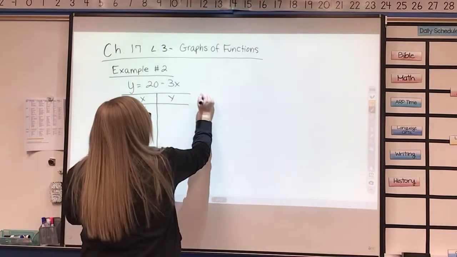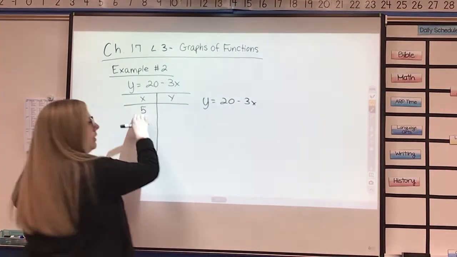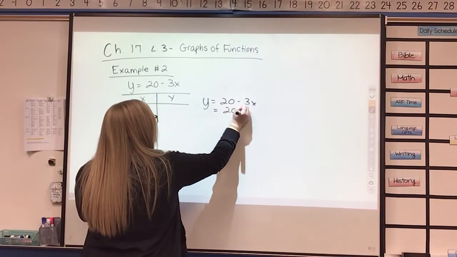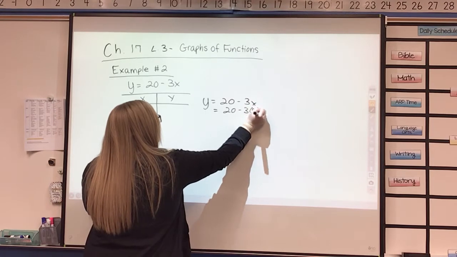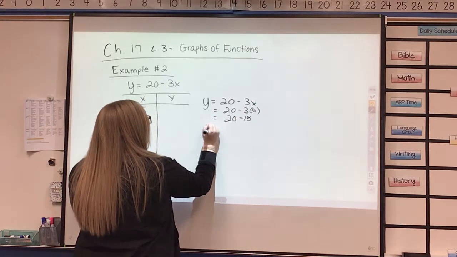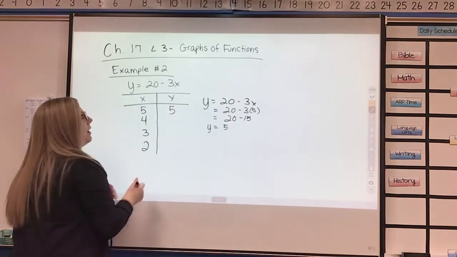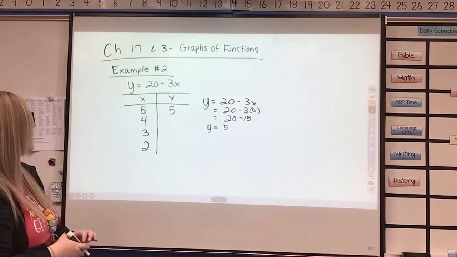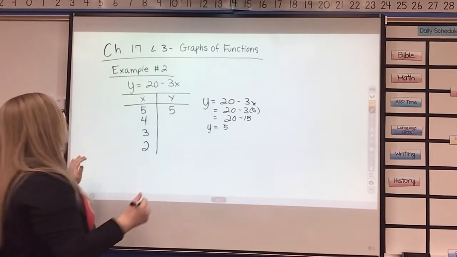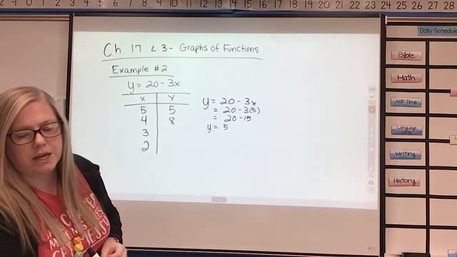So I have Y equals, I'm going to plug in 5 for my X. Okay, so Y also equals 5. And then I would keep going. I would say 3 times 4 is 12. 20 minus 12 is 8. And then I would keep going, and I would get